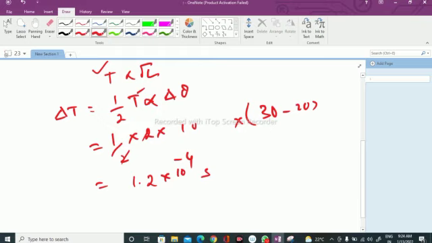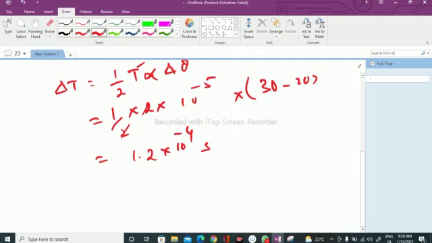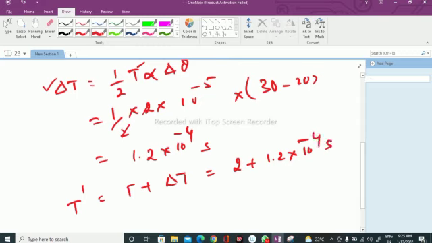10 power minus 5, it is here. Okay. So delta t we got 1.2 into 10 power minus 4. So we have to find the new time period now. So the new time period t prime is equal to t plus delta t. So t originally was 2, plus 1.2 into 10 to the power of minus 4 seconds. So it is 2.00